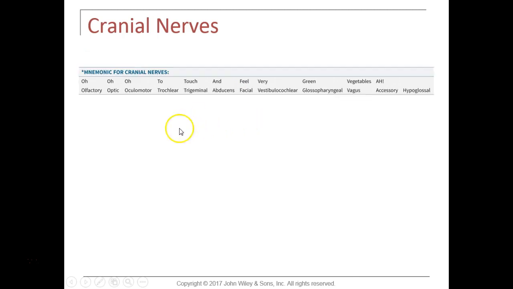Now, I'll put in here a mnemonic, which is in your book, but you could look up any number of mnemonics to remember the cranial nerves. This one is O, to touch and feel very green vegetables. And the first letter on each one of those words is the first letter of the name of the cranial nerve. One that I learned when I was in your place a long time ago is kind of silly, but I still remember it to this day. I thought the instructor was kind of silly with it, but